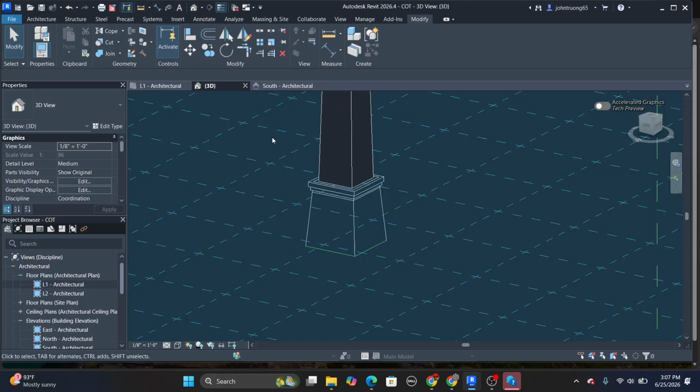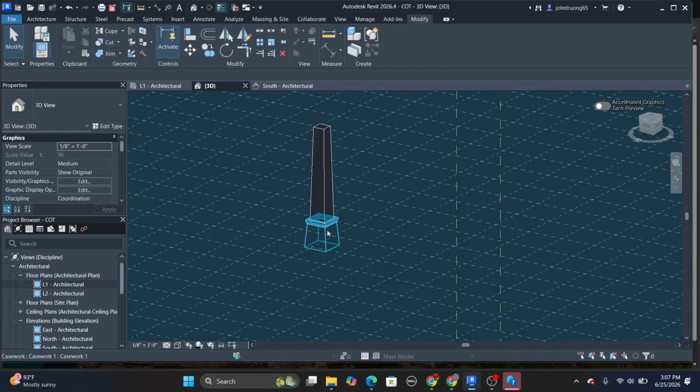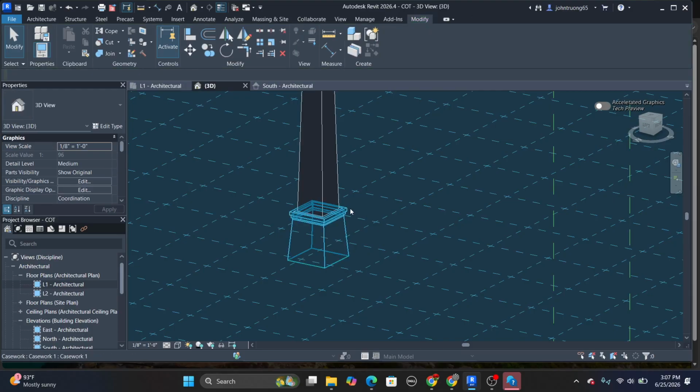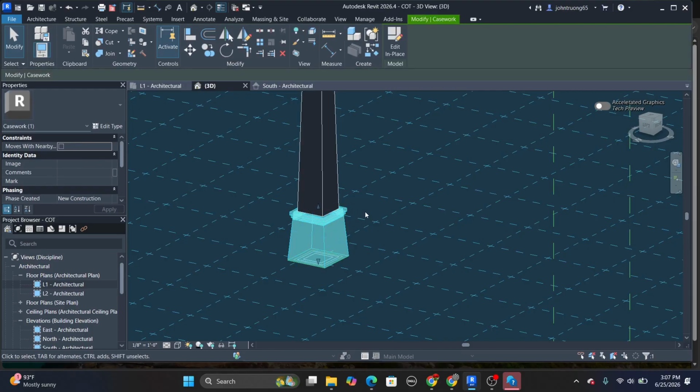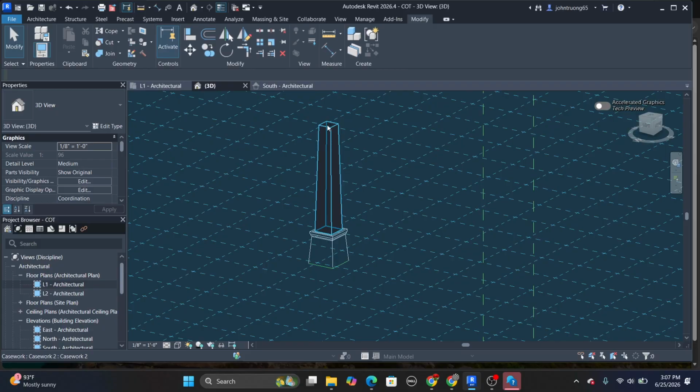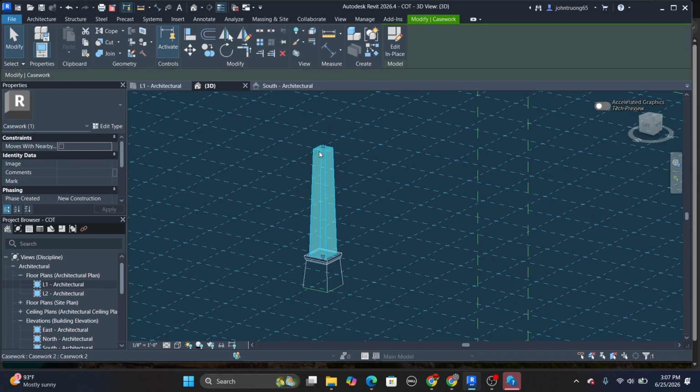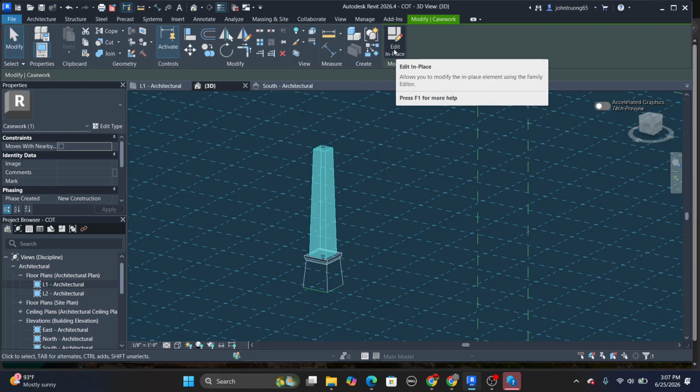Sure, let's see. Yeah, like that. Okay, now we have the top column and base column, and the wrap molding belongs to the base column. The same way we can work on the ground molding for the high column. On the top column you can do the same way. You can click OK, and then we